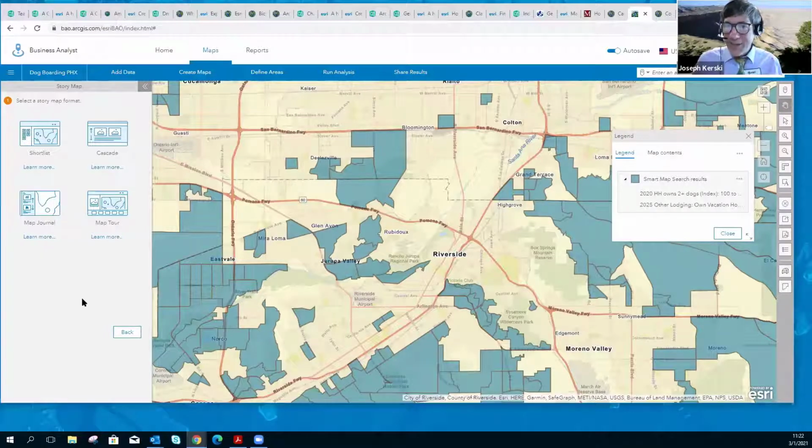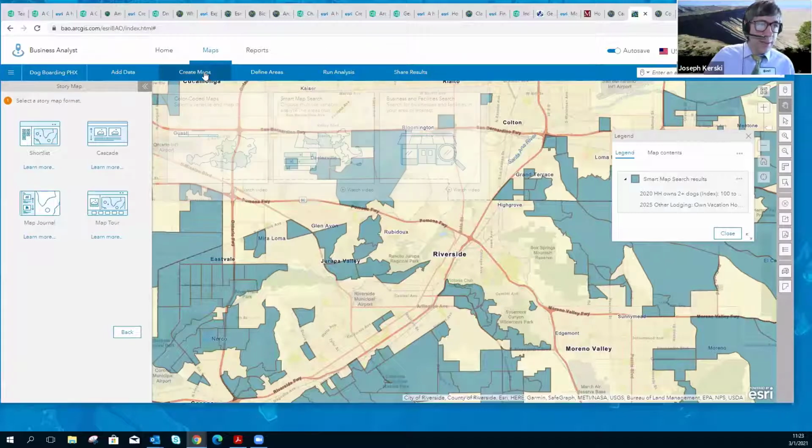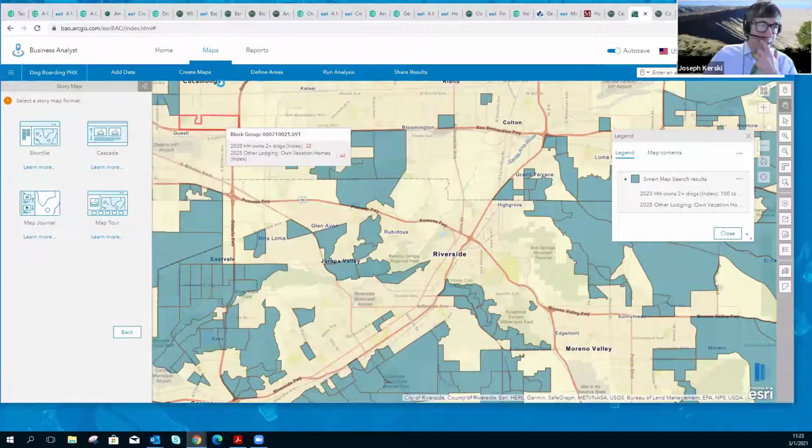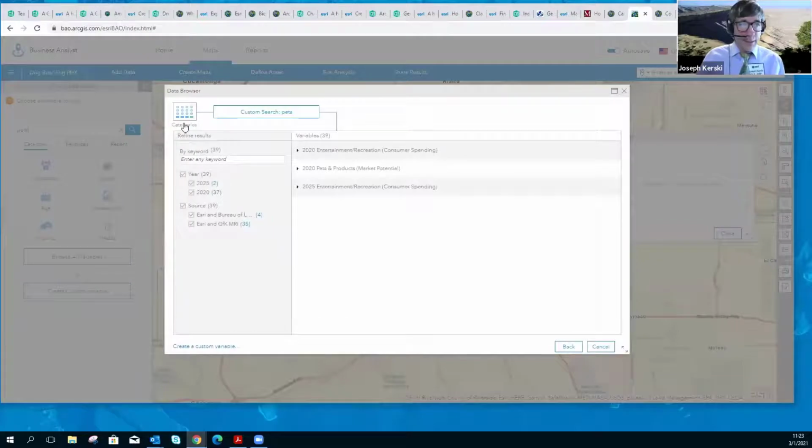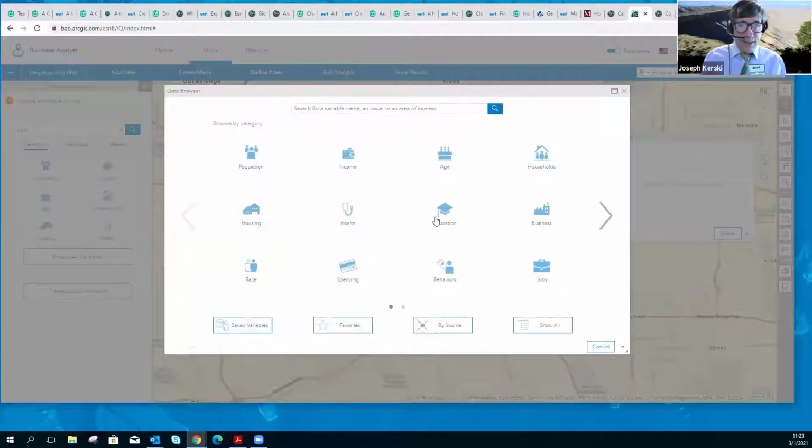But the amazing thing to me about it is that you've got all this amazing content right at your fingertips inside the tool. And the discussion that we've had over the last 5 minutes kind of touches on one of the advantages of Business Analyst Web. I'm not going to spend more than 30 seconds, but if I go to create maps and make a color coded, basically choropleth map, and I'm going to search all variables, and remember I had pets, but the categories, you've got